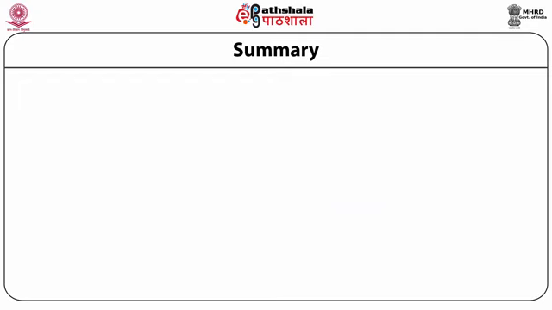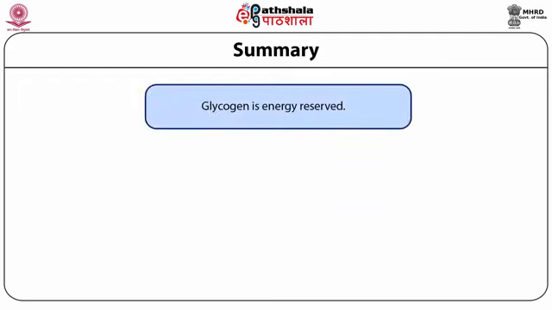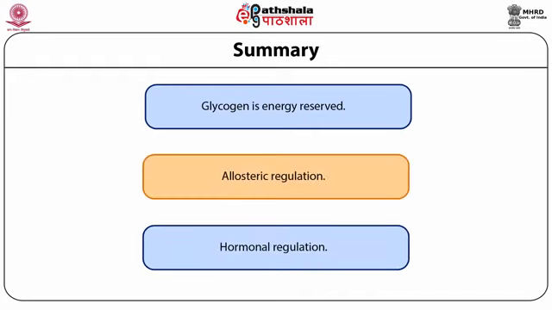To summarize, glycogen is a branched polymer of glucose that serves as an osmotically neutral means to store glucose in cells. It is present in organisms from bacteria and archaea to humans. Glycogen degradation and glycogen synthesis are controlled both by allosteric regulation and by hormonal control. So, hormonal control as well as allosteric modification, the covalent modification, is important in the metabolism of glycogen. So, students, let's try to conclude what we have learned in this module.